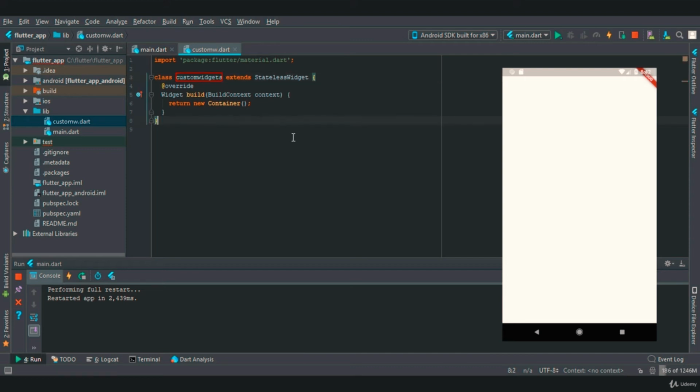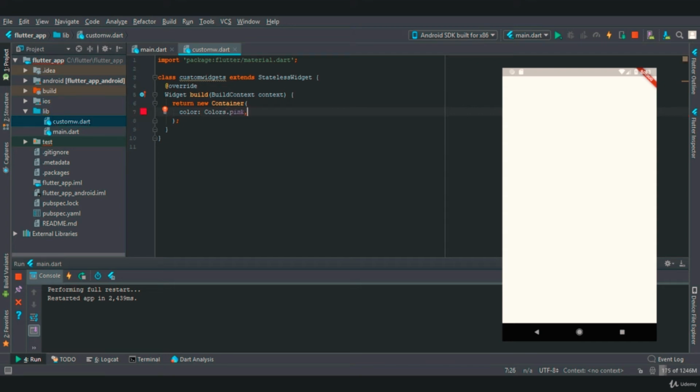In this, now we are going to create our 5 containers which will have different colors with the margin of 50. So as you can see, we are overriding a build method that takes a return type as widget, so that we can provide a widget in main.dart file. So now in this container we will provide a color, and let's set a color to pink.